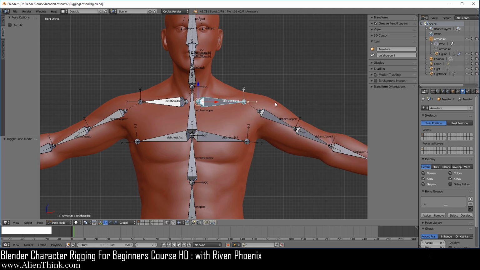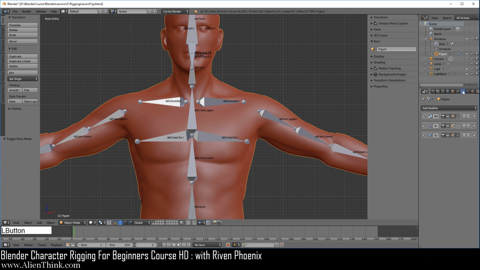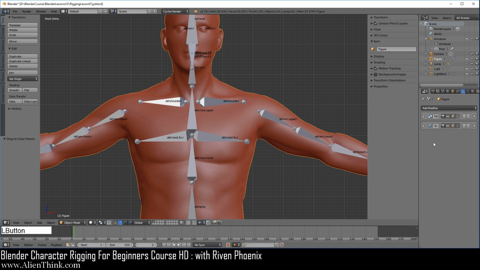Okay, now the important thing to understand about using bone envelopes, as I said, is that when you click on the figure, you can see that it does not care about vertex groups at all. Okay, so here we have the armature attached, and here we're saying use bone envelopes. That's all this means. Now go ahead and drag this out of here to drop it. Okay, now remember, there are no vertex groups. We're back to the way we were.